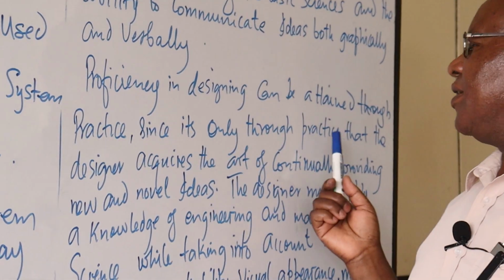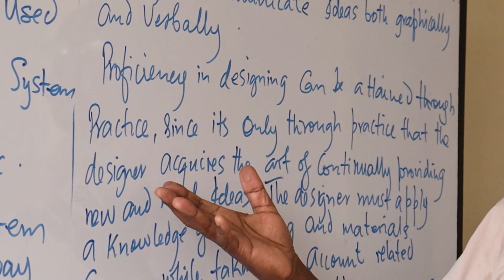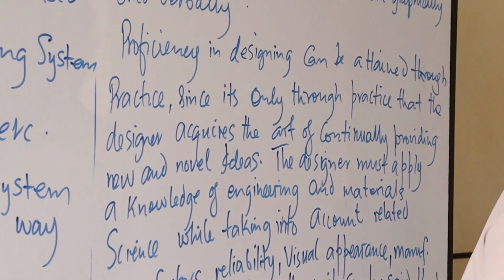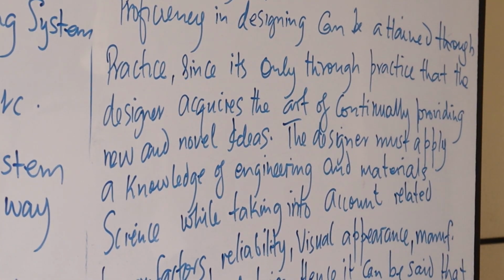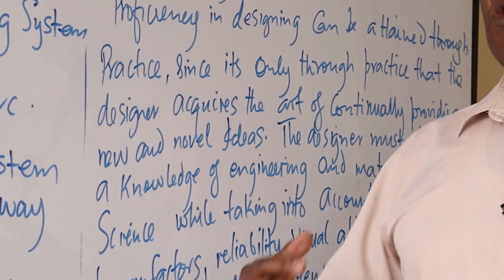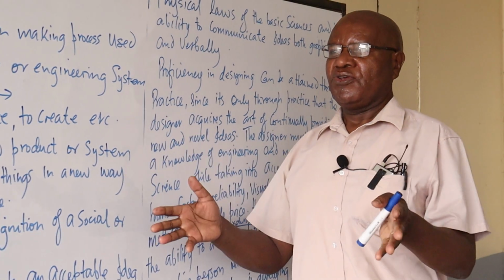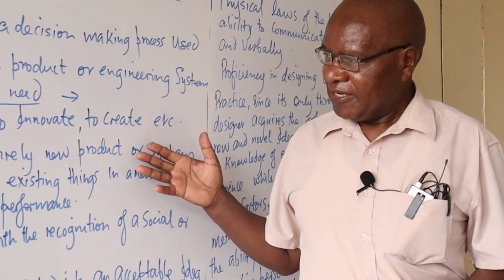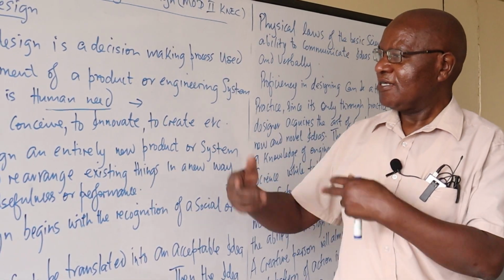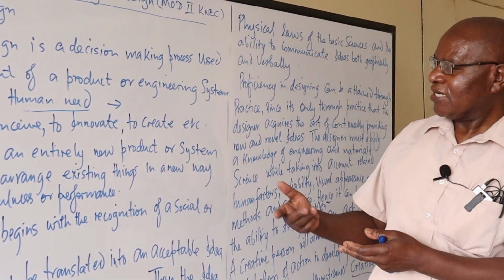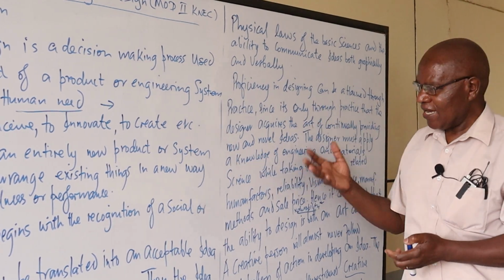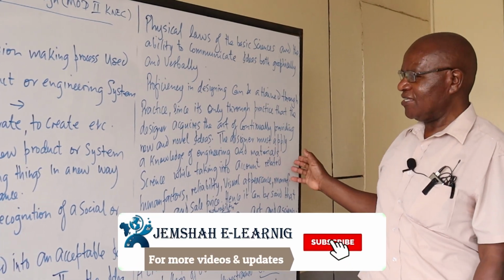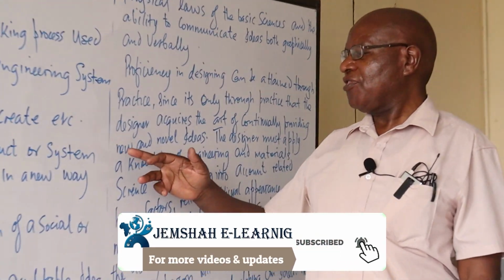Now, proficiency in designing can only be attained through practice, since it's only through practice that the designer acquires the art of continuously providing new and novel ideas. In other words, once you think of an idea, you get it done. Of course, maybe you can go and rearrange it so that it can be a better product, or you need other ideas. So continuously practicing on the design will help you to be able to come up with new and